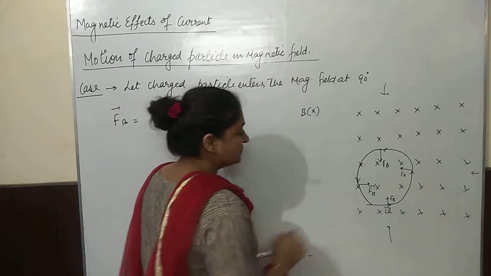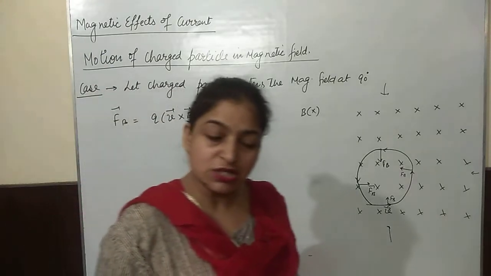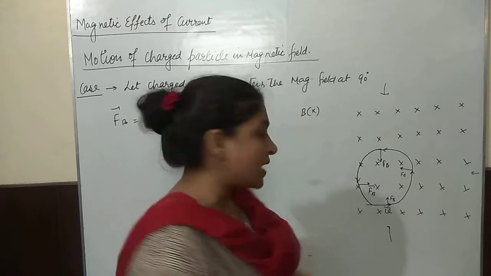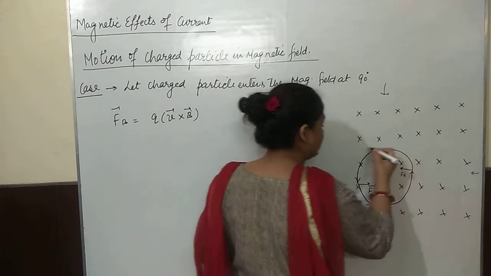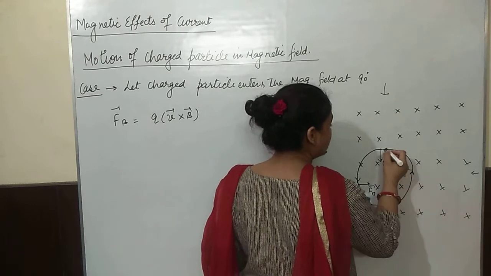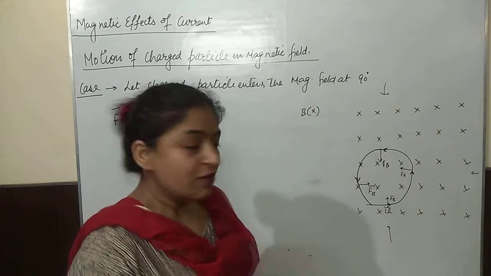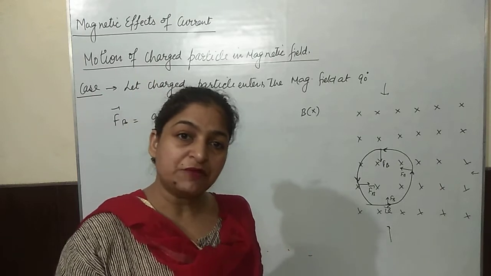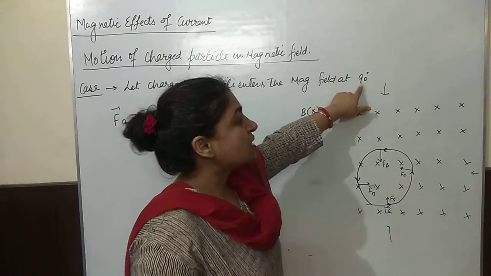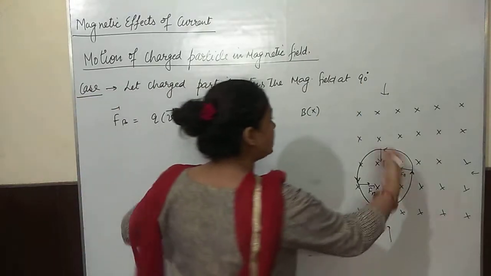So you can see here, at every point the magnetic force is in such a direction that the charged particle will start moving in a circular track. Here you can see this is the path in which the charged particle will move. So a circular track would be followed by the charged particle when it is entering the field at a right angle. This is the condition we have to keep in mind: when the charged particle is entering the field at a 90-degree angle, the circular path would be followed.